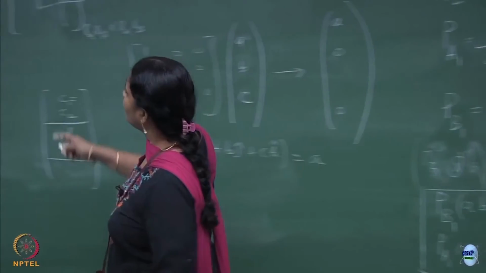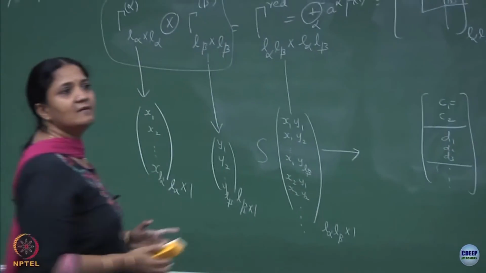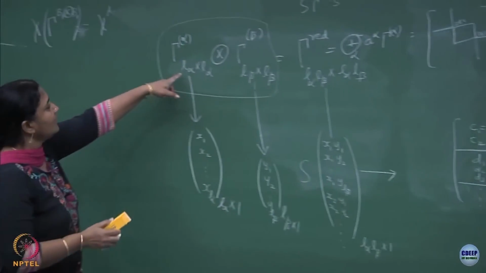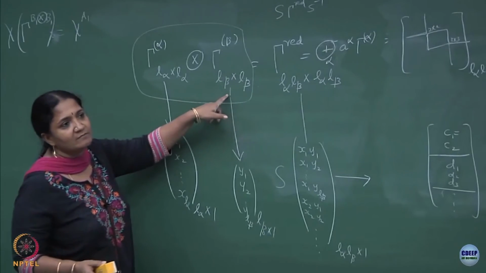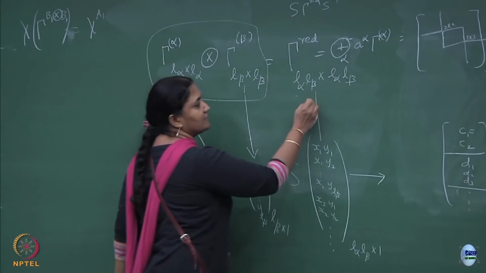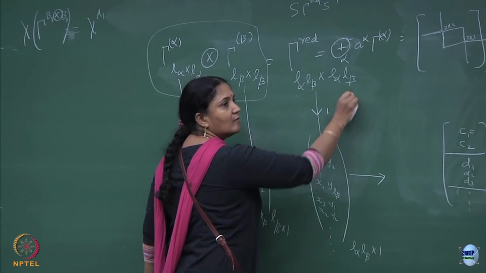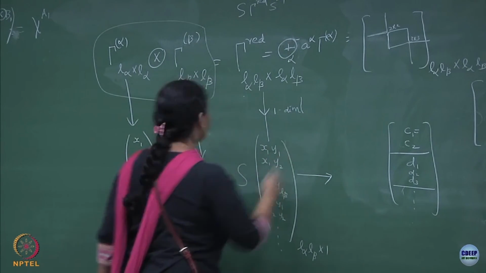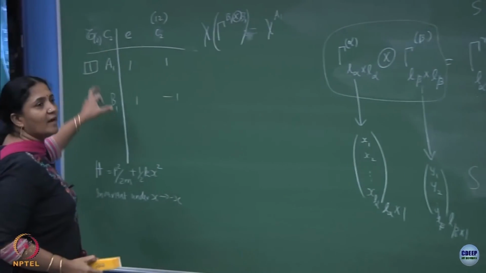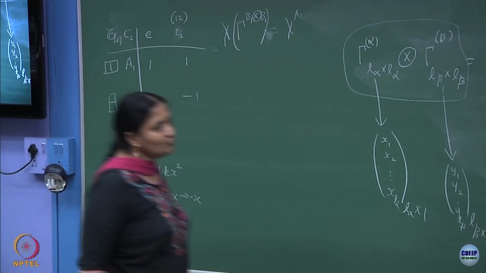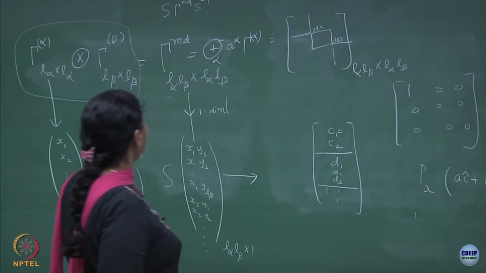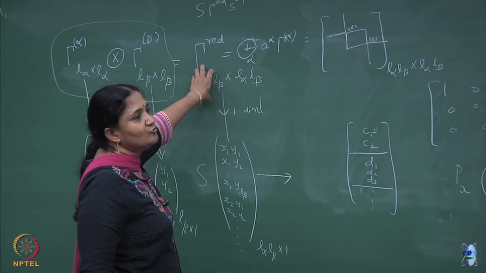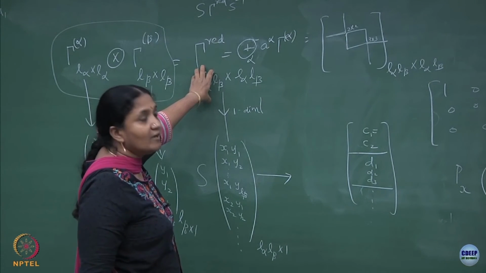So, this means that this reducible representation turns out to be, it is a very simple exercise when L alpha is 1 and L beta is 1. It is again one dimensional, but I do not know whether this one dimensional is going to be B1 or A1. For this two element group there are two possibilities, and I am using that projection operator to say that the product basis which I am going to get belongs to A1 and not B1.